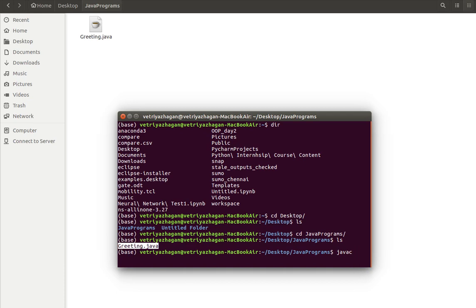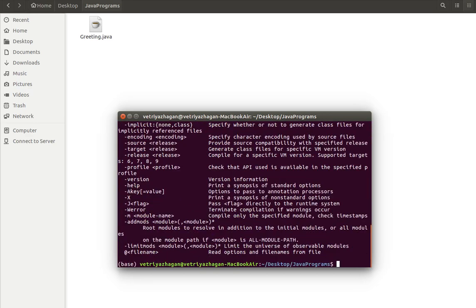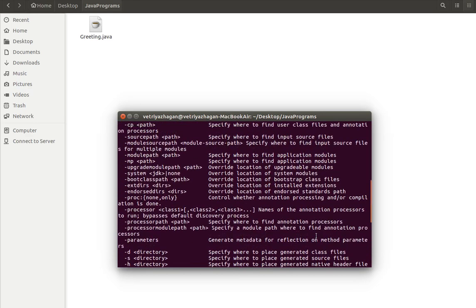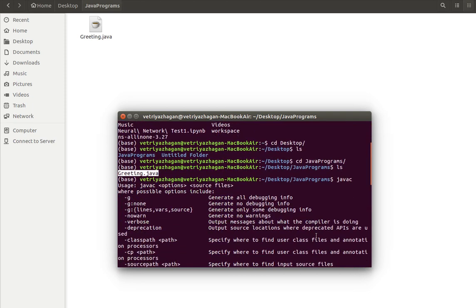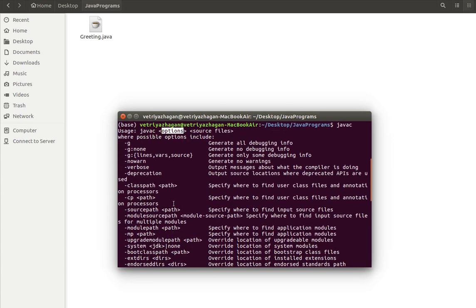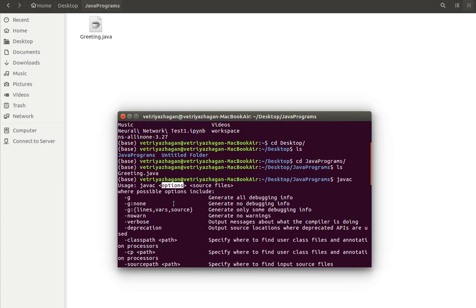Javac is the compiler. This is a Linux operating system, so once you install, you need not worry about the path and all that. The moment you type javac, it will come like this. It will show the possible things available with javac. It shows the usage, how to use javac, then you can have the file name. It will compile the source file name, and there are plenty of options available, like -g and class path. Which means Java is successfully installed and available for execution on this machine.